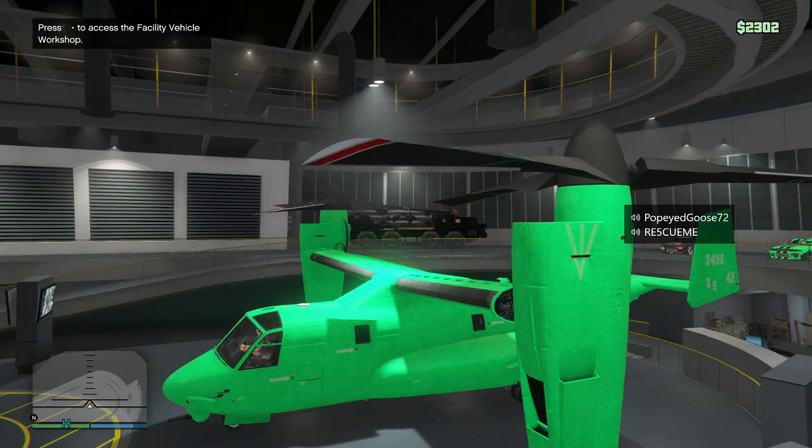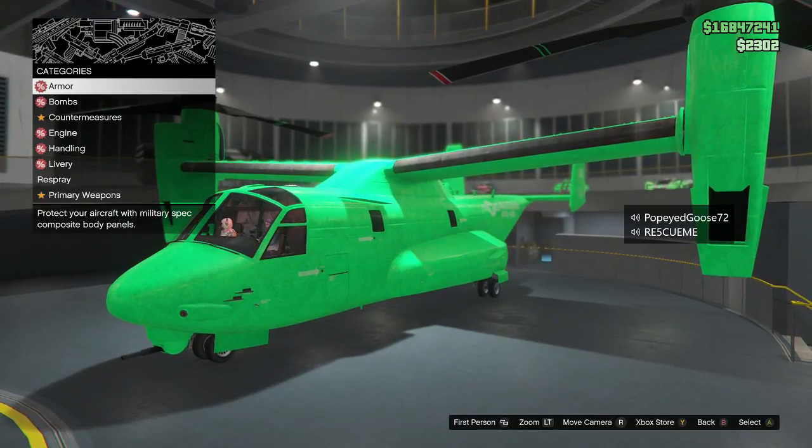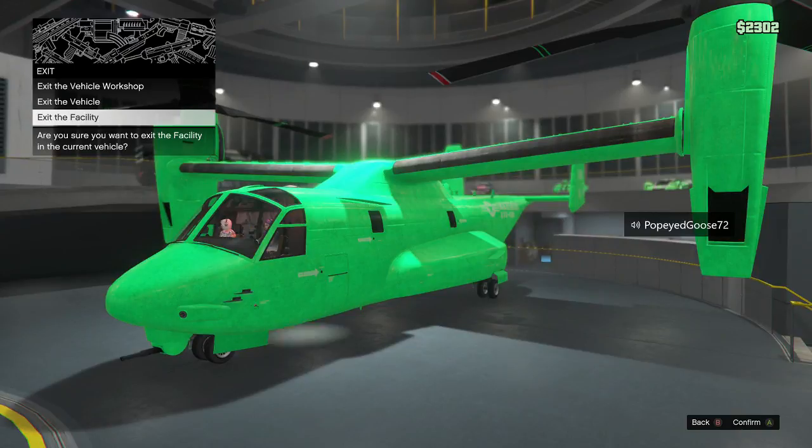I'm on the second alert. I'm ready. Okay, so he's on the second alert. So now I'm going to go ahead and hit right on the control pad, and hit B to back out. And I'm going to go down to exit facility, and again, I'm going to hit the A button on Xbox